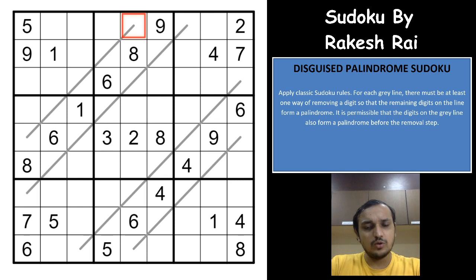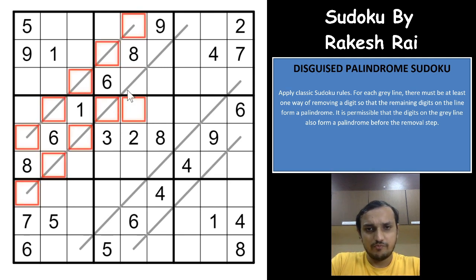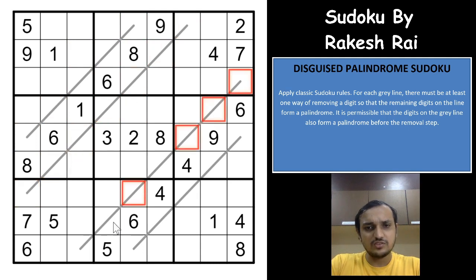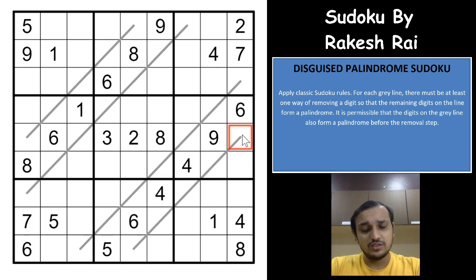So now coming on to this Sudoku, one thing that I saw in this Sudoku was that each of these lines has an odd number of cells. As you can see here, this is a 5 cell line, this is a 7 cell line, this is a 7 cell line, and this is a 5 cell line. And one thing I noticed from the idea about an odd number of cells on a line is that after removing the cell, you have an even number of digits, which means that every digit will have a duplicate, right?